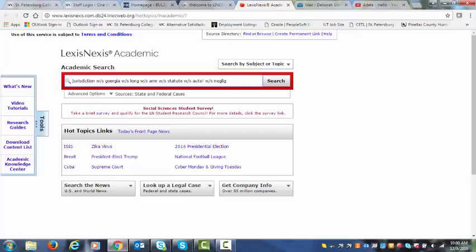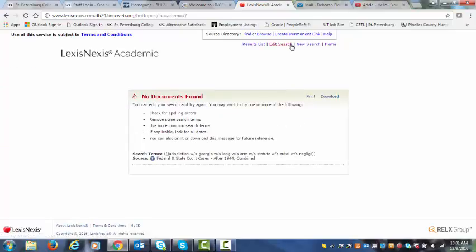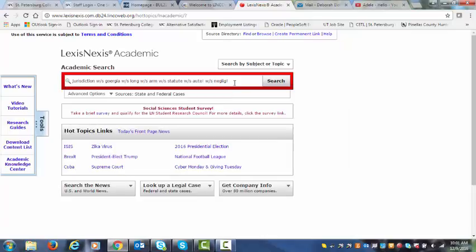Or you might want to keep that key term in that way, the way I have it right now, and then put our exclamation point again. So let's see, once we put that in, what our search will reveal. No documents found. That means we have too many terms that the computer can't pick up. So we need to limit some of these terms. So now what we might want to do is